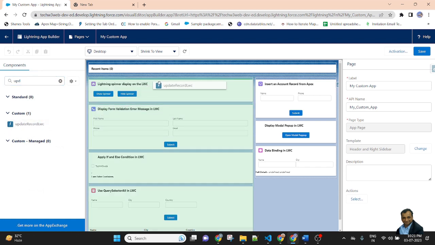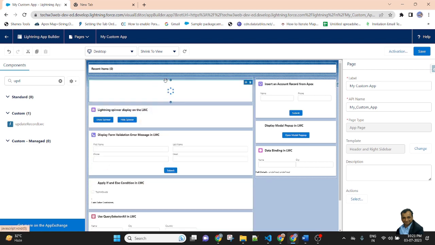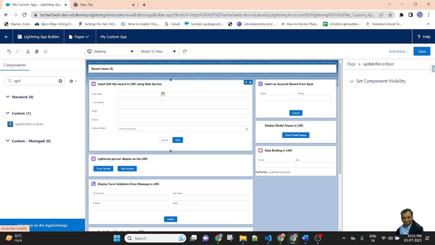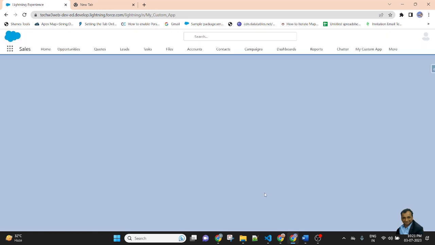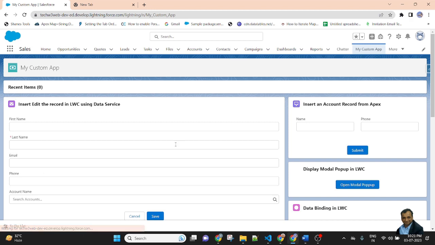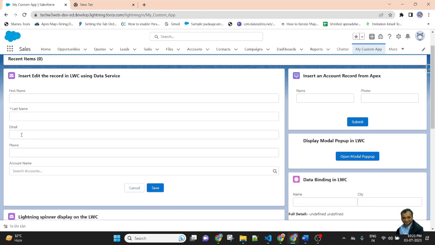I drag and drop this component here. Now save. After saving successfully, go back. My contact fields are displayed here: first name, last name, email, phone, and account name.